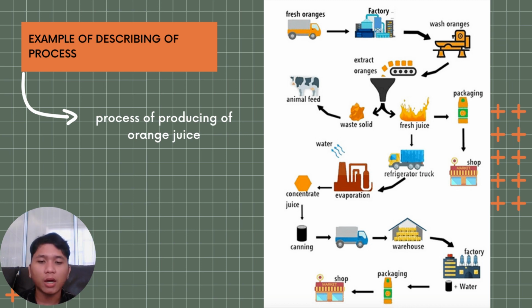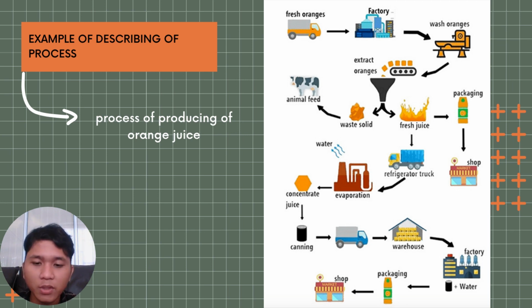Firstly, oranges are picked, loaded onto trucks, and delivered to a processing plant where they are thoroughly washed by a machine. Following this, the juice is extracted from the oranges by a squeezing machine, and the solid waste, including orange peels and seeds, is collected and used to feed animals. The squeezed juice can then either be packaged and sent to the supermarket or transferred to another factory to undergo an